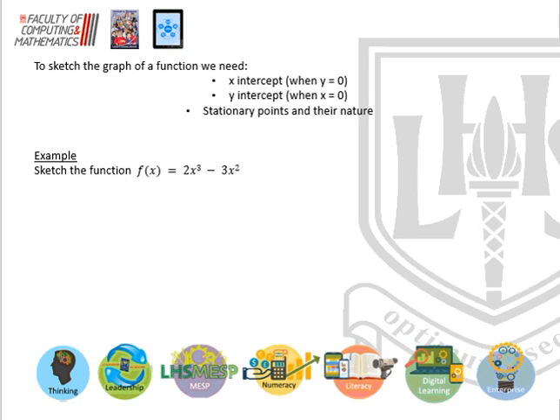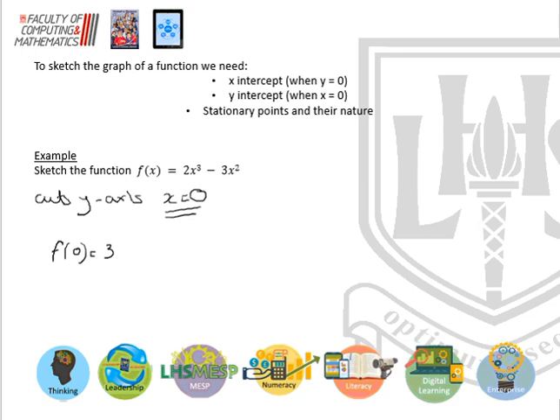So firstly, I like giving myself lots of little headings here because it is a really, really long question, lots and lots of marks. First thing I'm going to do is nice and easy. I'm going to find where it cuts the y-axis. If it cuts the y-axis, we know x is equal to 0. So if f of x is 2x cubed minus 3x squared, f of 0